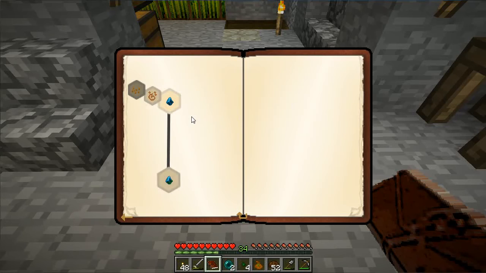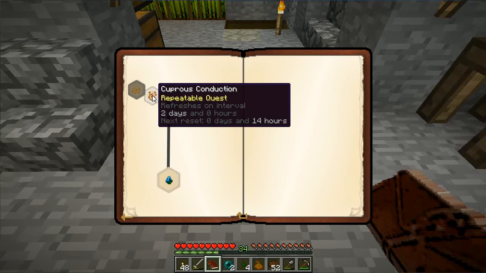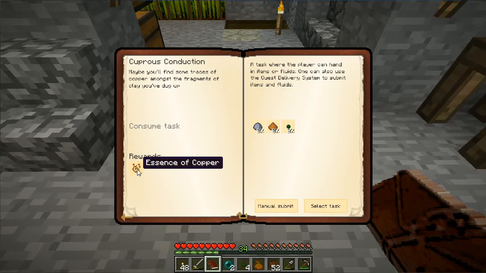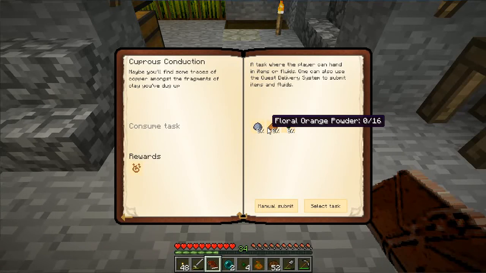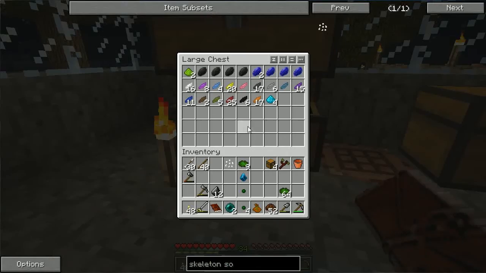Alright, so let's take a look at the next quest. Ooh, Cuprous Conduction. Now this is a repeatable quest. I don't think I've seen any of those yet in Regrowth, but every 2 days it looks like I can get 1 essence of copper by turning in clay, floral orange, and weak essence. So floral orange should not be that hard. All I need to do is grab some orange petals and that